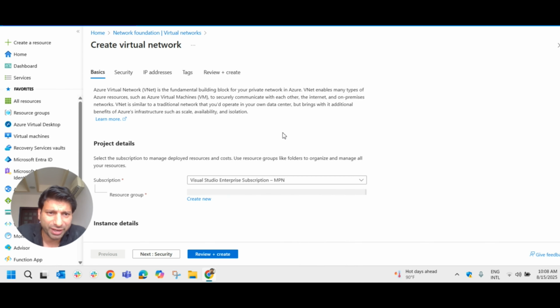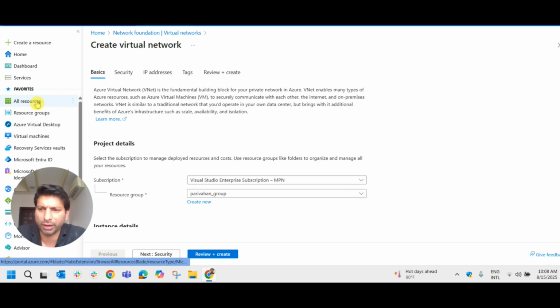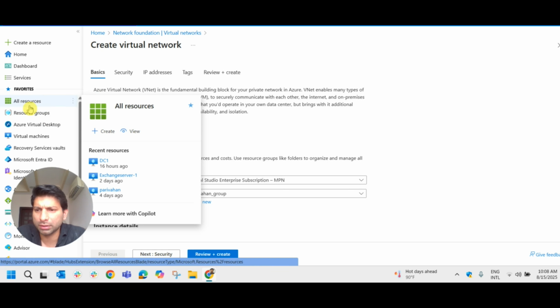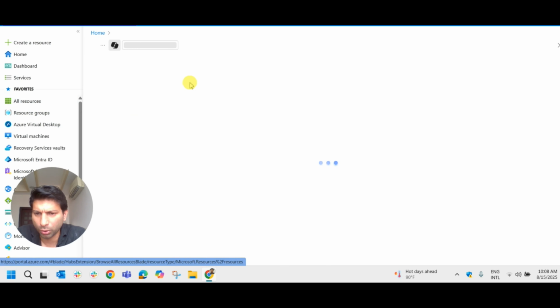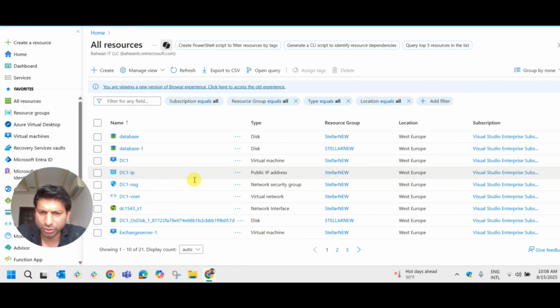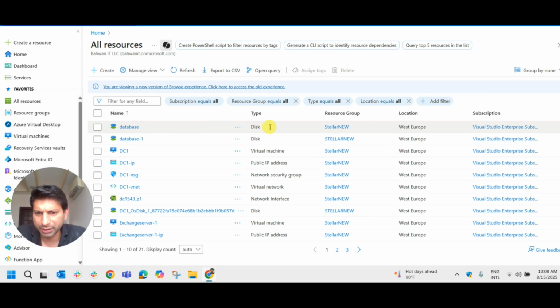They also allow different Azure resources to securely communicate with each other. We all know that network is the one which allows all the resources to communicate with each other. The same with Azure. Here, whatever resources you have, you may be having a virtual machine. If you check all my resources, you could see a virtual machine. Let it load. Here you could see different resources like database, disk,